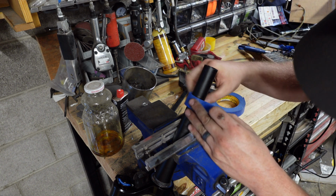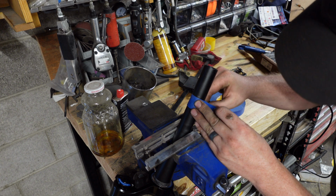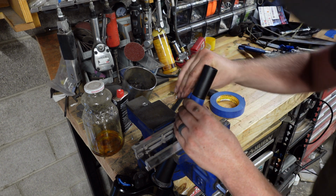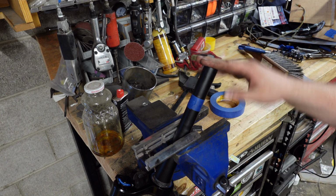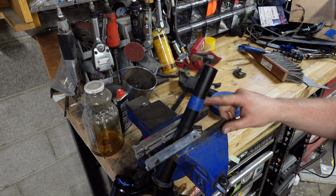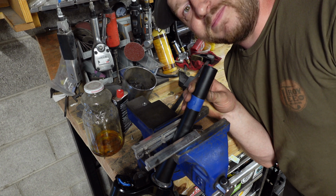If you can get the masking tape to line up and be nice and square, then you know that you've got a really good square cut. So now I would take a hacksaw and just cut that using the tape as a guide. Unfortunately, I have absolutely no idea where my hacksaw went. I know I have several,